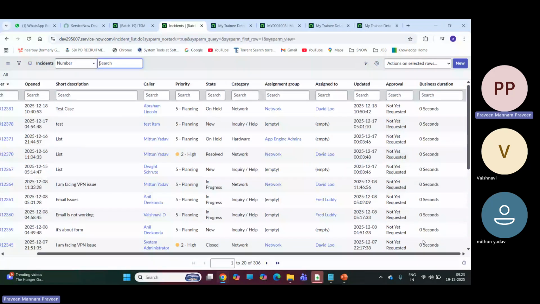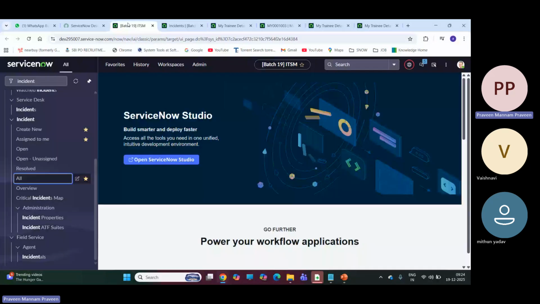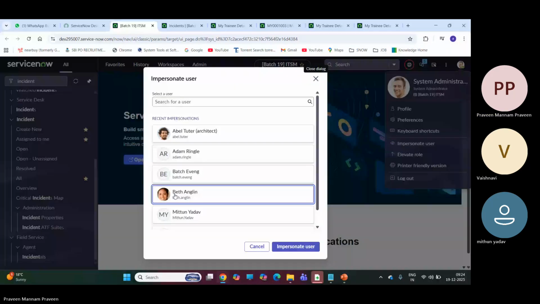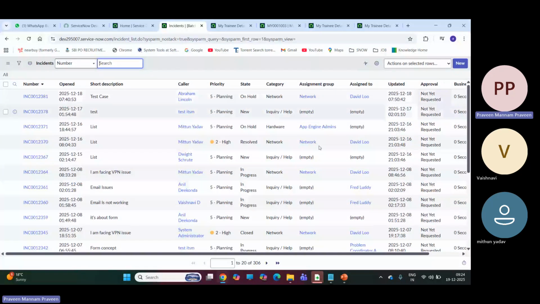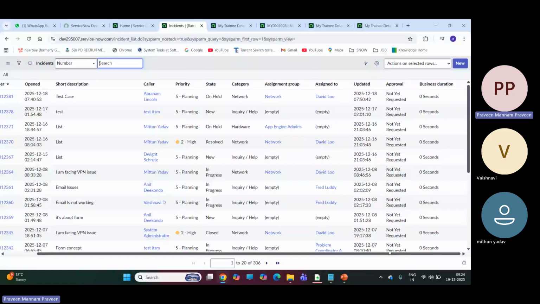Here we can see updated, approval, business. Okay, total how many are there? 1 2 3 4 5 6 7 8 9 10 11 12. If I impersonate Bethan and check how many she sees, I can refresh. Okay, we can see the same number of columns. So if you want all the users to see the same type of columns,